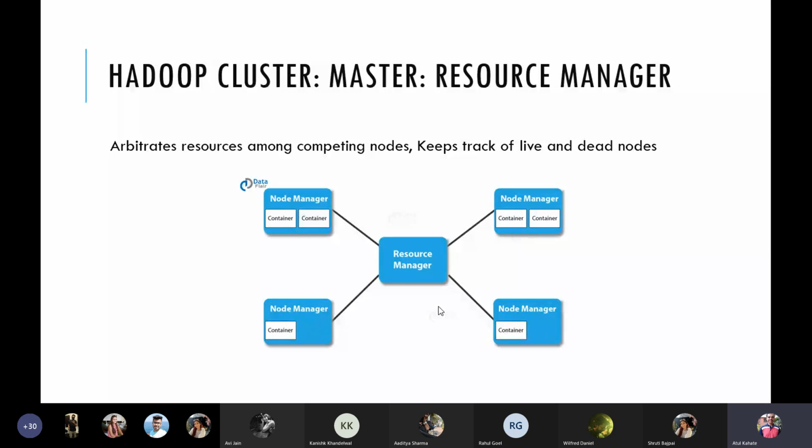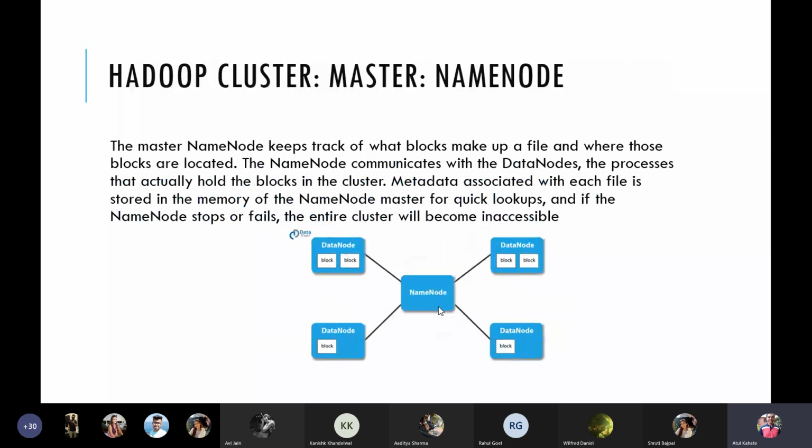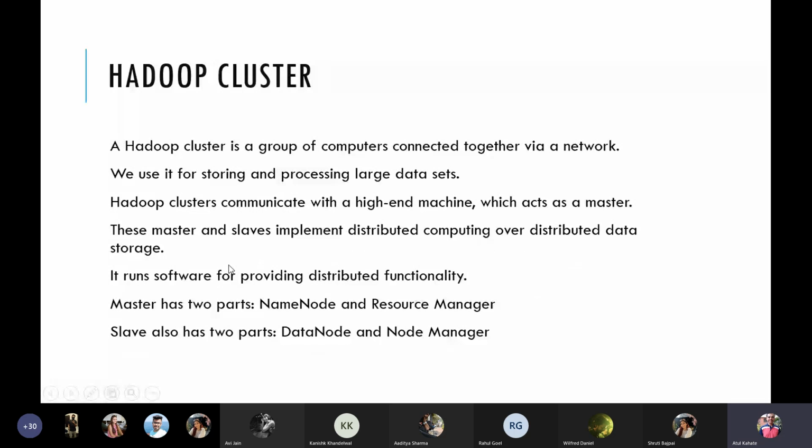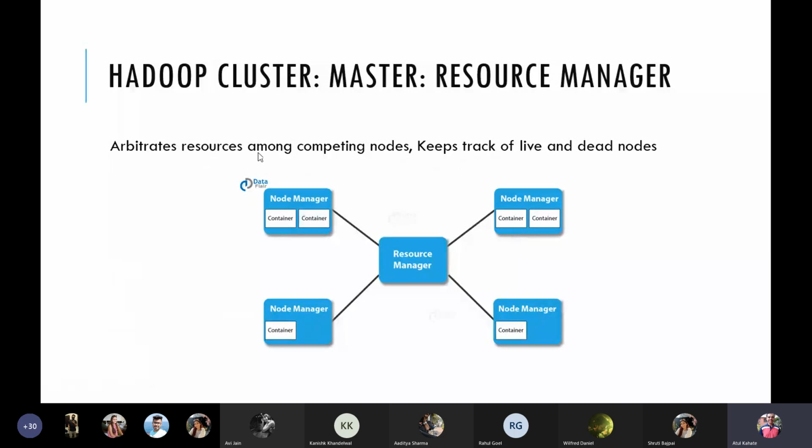Then what about the second master, which is resource manager? So again, to put this in the context, resource manager is our second master, which is for yarn and MapReduce. So we know what name node does. So let's see what resource manager does. The resource manager arbitrates resources among the competing nodes, and it keeps track of live and dead nodes.